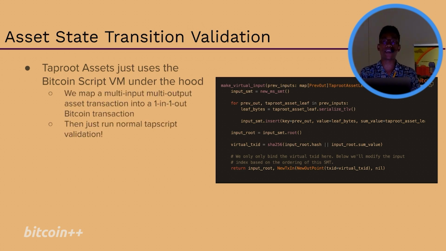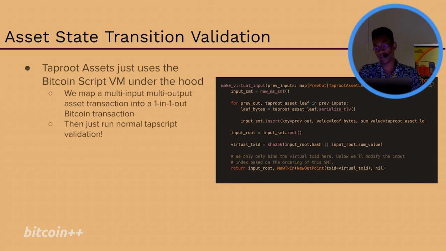So for example, we take this multi-input, multi-output structure. Your asset is basically referencing a bunch of other inputs, which is sort of a superset of a prevout. So in addition to the TX hash and the index itself, you also need to give me the asset ID and the script key. So it's basically this four-tuple to allow you to uniquely navigate down this tree. And what we do is something called a virtual transaction, right? So basically we map that multi-input, multi-output structure into one single transaction.